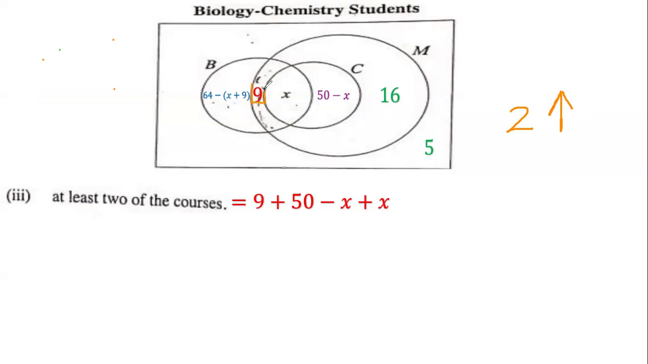So we know 9 people take biology and math. We know that 50 minus x people take chemistry and math. So that's two courses, but it says or more. And then we know that x people take all three. So we're going to add x here. And so what do we have? Well, we have